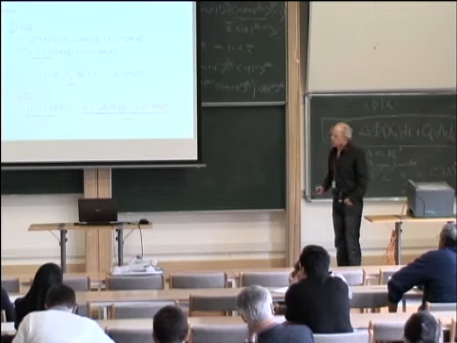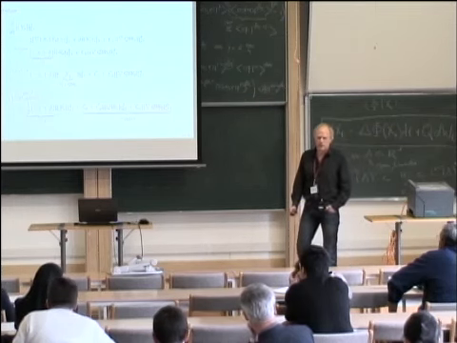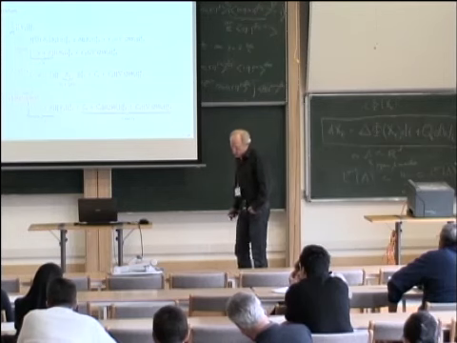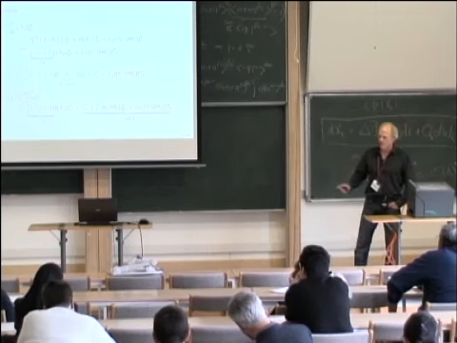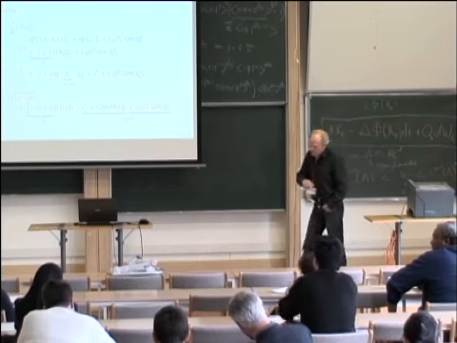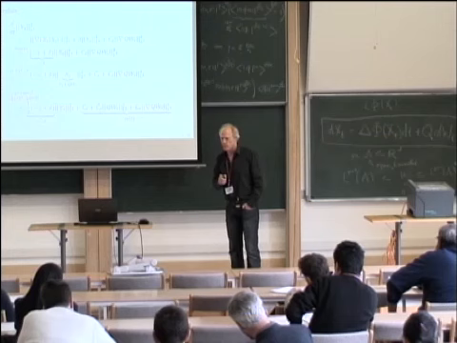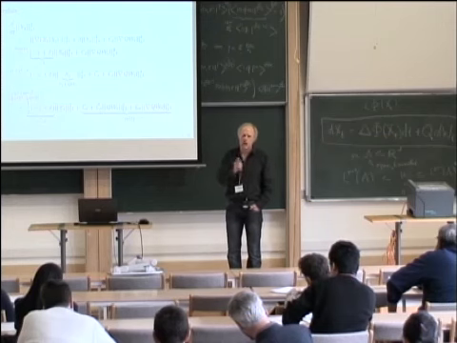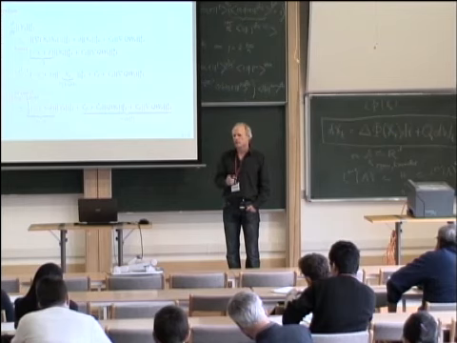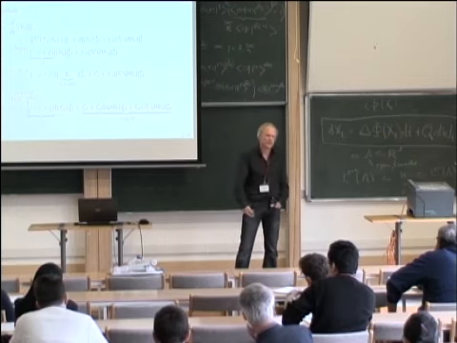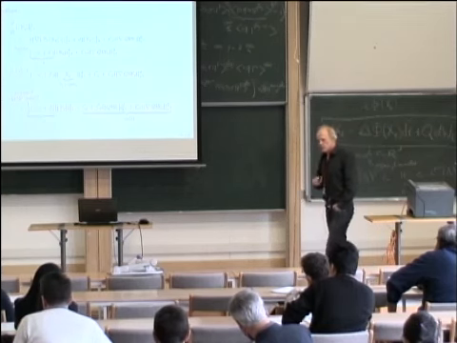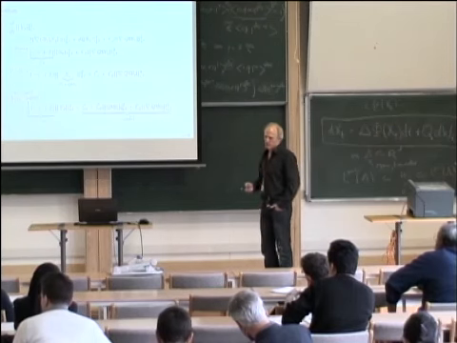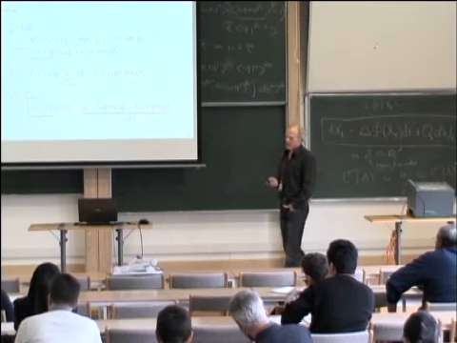So the question is, how can you do it rigorously? And it's not so easy. First, you think what you can do. For instance, my friend Viorel Barbu always tells me he believes in formal calculations. So if you can do something formally, it is always correct. I worked in quantum field theory, and you can do a lot of formal calculations there to convince you something is correct. But up to now, a lot of these formal calculations have never been made rigorous. Yeah? And sometimes the things suggested probably cannot be made rigorous as they are suggested. So one has to be a little careful, and this is such a case where you really have to work unexpectedly hard to make this rigorous.